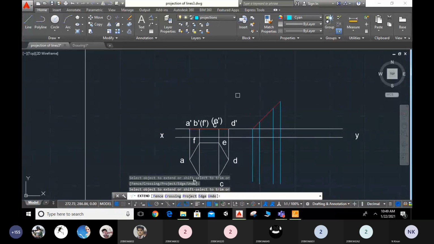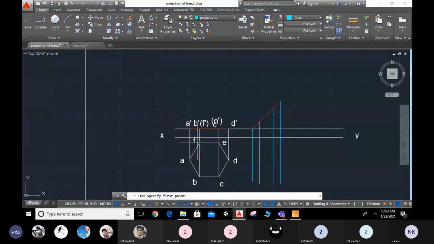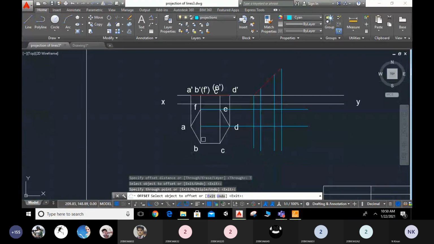As you observe, this is the A dash point and this is the D dash point. Now similarly, I will extend from here also. I will draw a line. I will select this cyan line and I will draw a line from this point. Otherwise, anywhere you can take, and if ortho mode is on, you can draw directly. Escape. Now here also I will use offset mode. O enter and I will select through. And here I will select one and here I will select one. I have offset, and EX double enter.